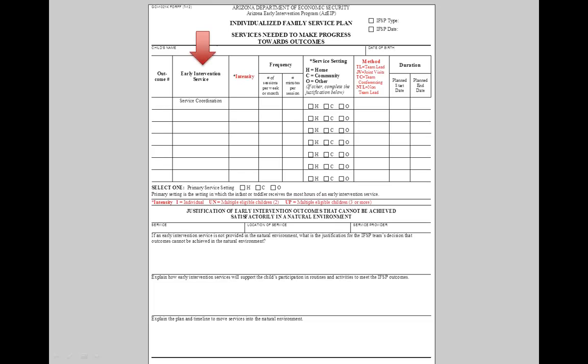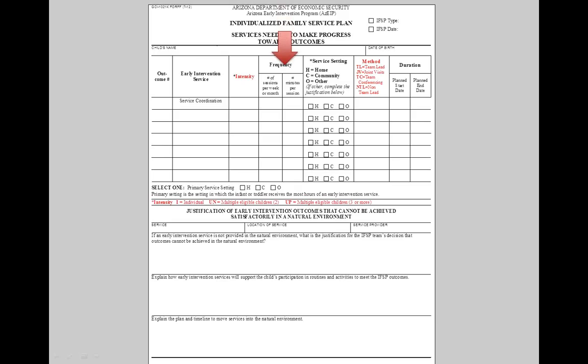Please note that feeding is not an IDEA Part C service, but is a specialty within another IDEA service, such as speech therapy. The intensity refers to the number of children being served during a visit, such as individual child, 2 eligible children, or 3 or more eligible children. For example, a team lead may be in a home where there are triplets who are all eligible for ASIP. If the team lead is a physical therapist providing services to all of the triplets during that same visit, the intensity would be 3 or more for that service.